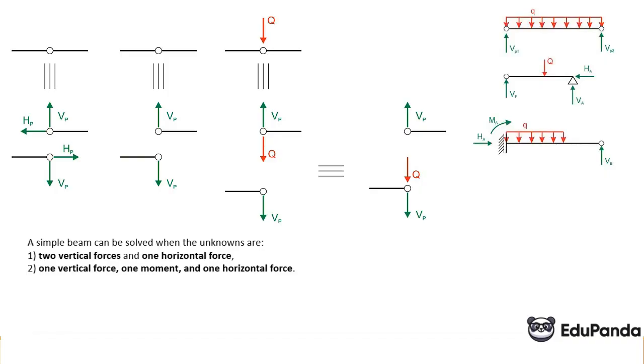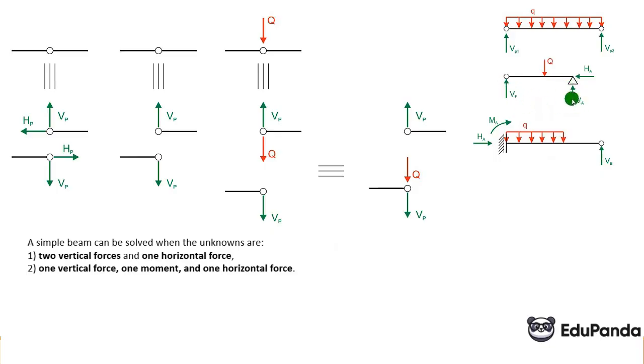These are examples of primary beams, simple beams, which we can solve, meaning we have 2 vertical reactions. We do not need to have a horizontal reaction, but we have 2 vertical ones. So by calculating the sum of moments here, for example at this point, we can immediately calculate this reaction, then the sum of projections on the y-axis, and optionally the sum of moments at this point, and we have it calculated. The second example, here we have 2 vertical forces and a horizontal force, which is exactly what is here